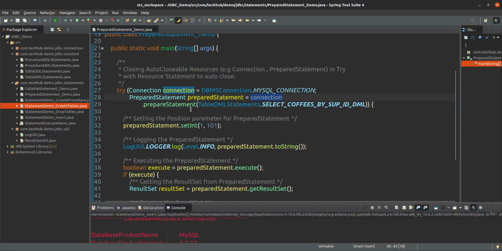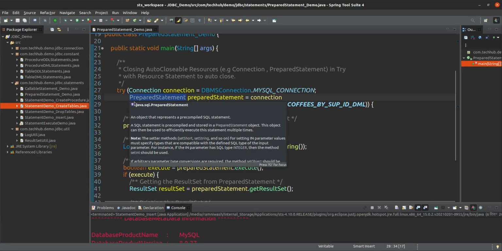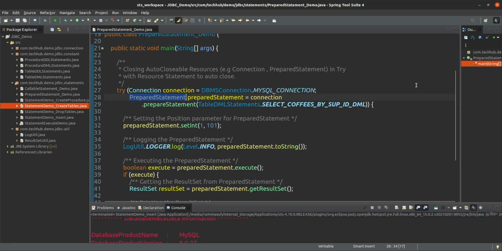But for prepared statement we have to use connection dot prepare statement method. That method can be used to get the prepared statement reference, and that prepared statement reference you can use to execute, or you can use to set the parameter also.